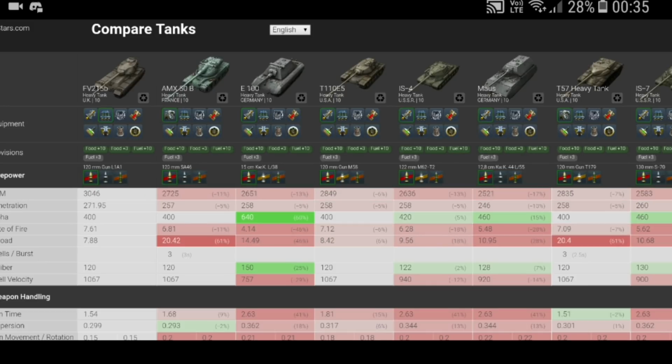And the rate of fire only drops a little bit. There's nothing in it at all, so you might as well use the calibrated shells. Now, it has got a 400 alpha. As said, the rate of fire is 7.61, which is a 7.9 second reload,